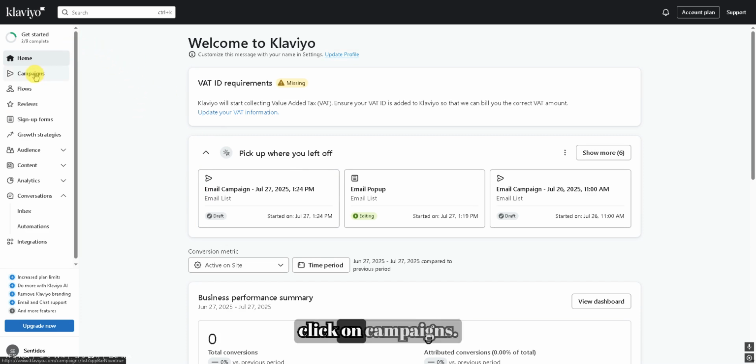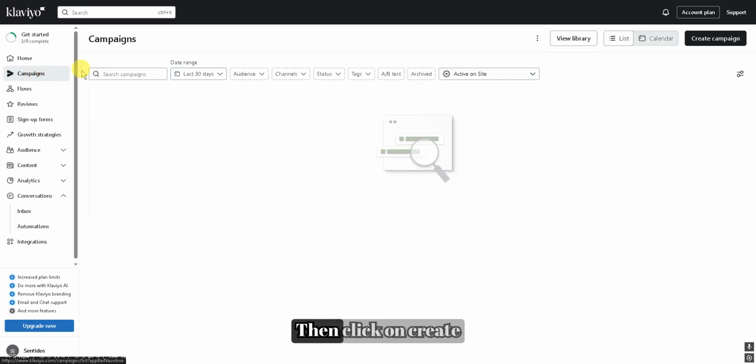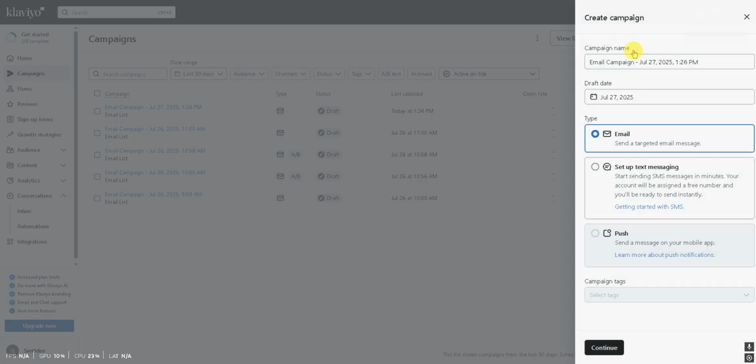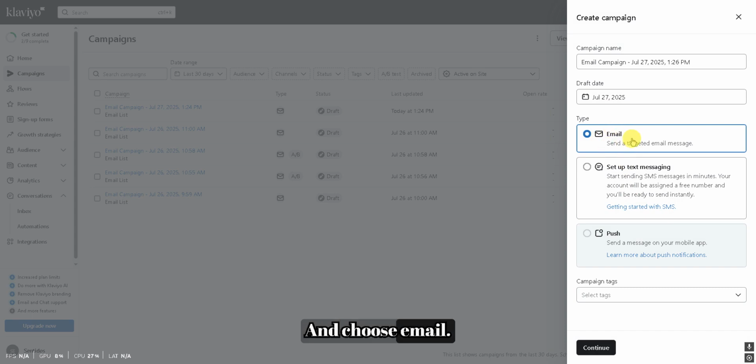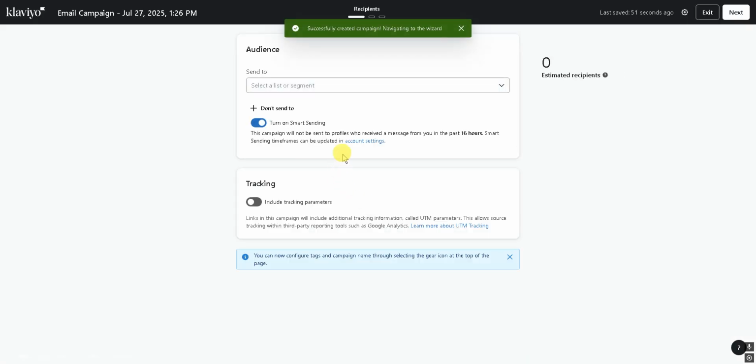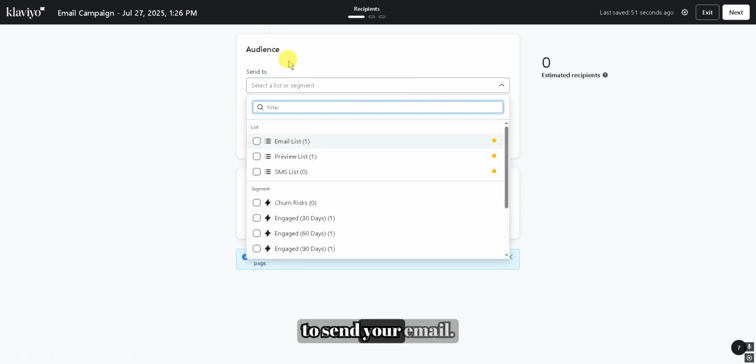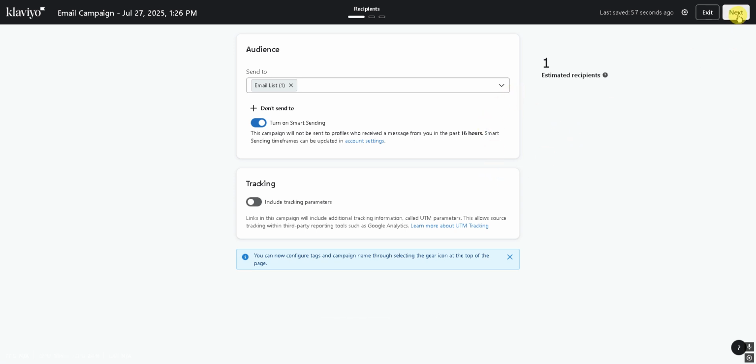So first thing, you click on campaigns, then click on create campaign and choose email. Click on continue, and from here you're going to choose where you want to send your email. Click on the email list, click on next,